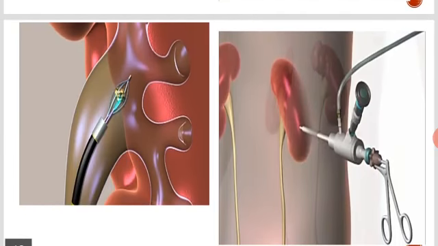And this is the ureteroscopy method. After doing this, stent replacement is done,